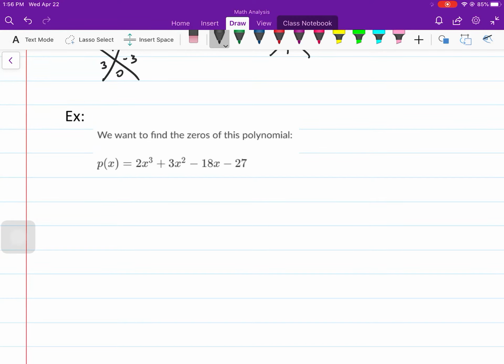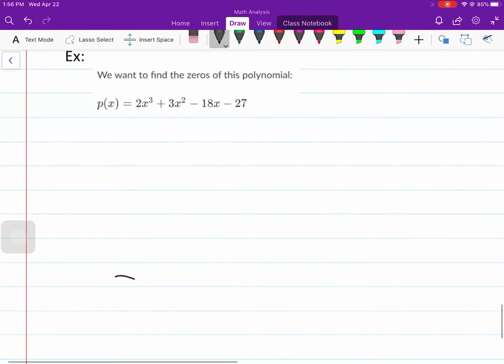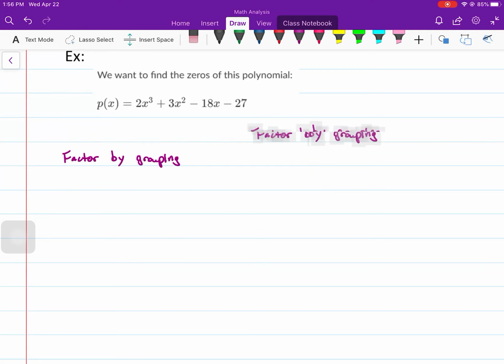This last example is going to be the most difficult thing you're going to run into in this section. The reason is there's something called factoring by grouping, and it might be something that you'll need to look up. And the reason we have to do this different method is if you look before,